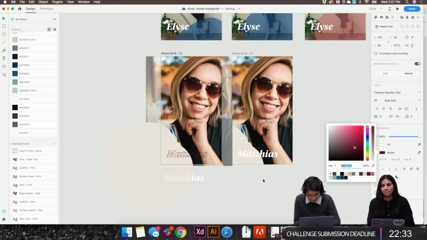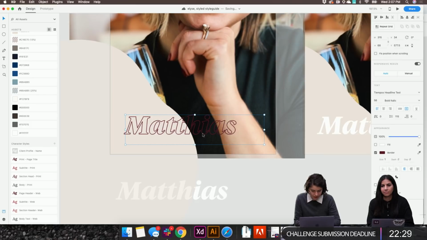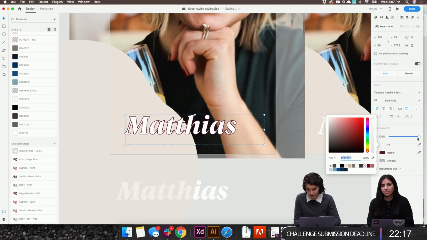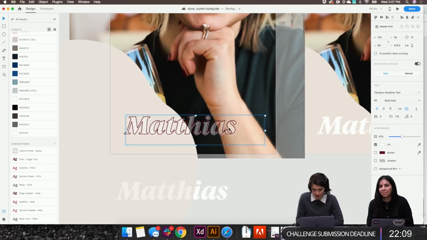So I had it like this. And now I'm going to Command C, Command V, which copies it in place. And I'm going to send it backwards and then do white like you're suggesting. I think that's what you're suggesting. And maybe a little offset.